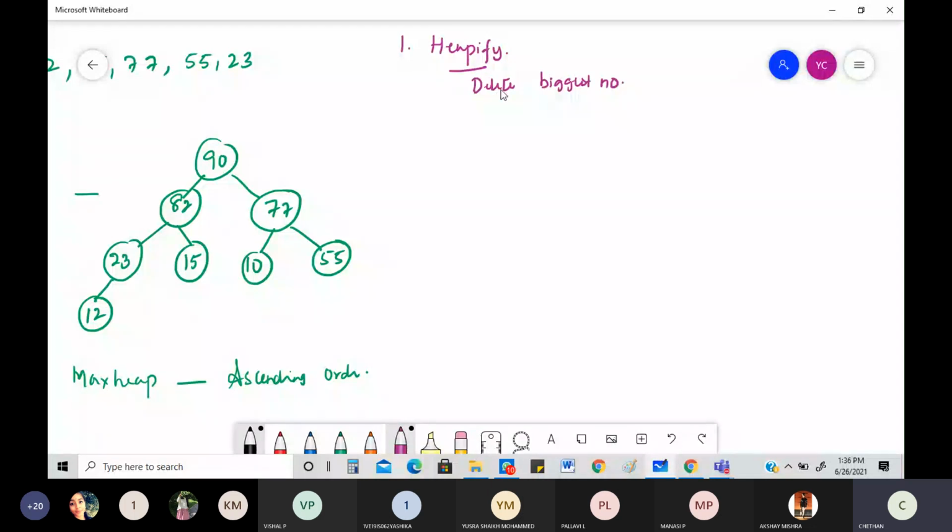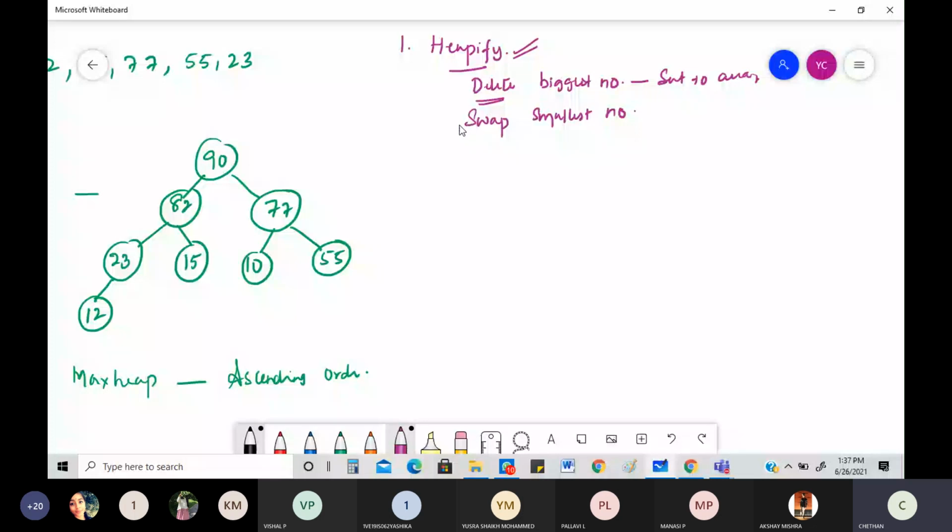You're going to delete the biggest number, and then you're going to send it to the array. And wherever you had deleted it, in the same old place, you are going to swap the smallest number. So in place of the biggest number, you will be getting the smallest number. You call this heapify.